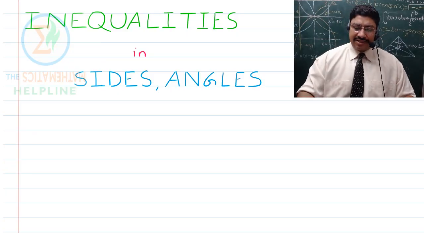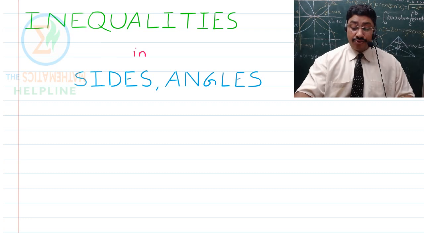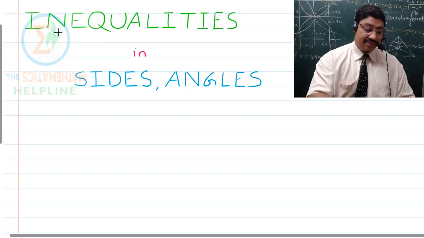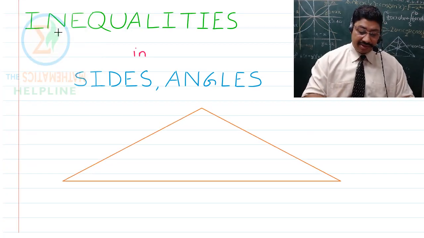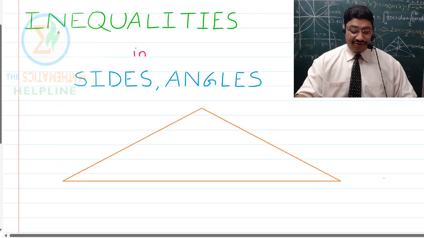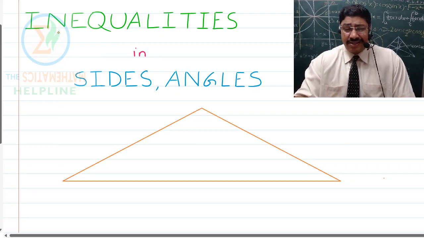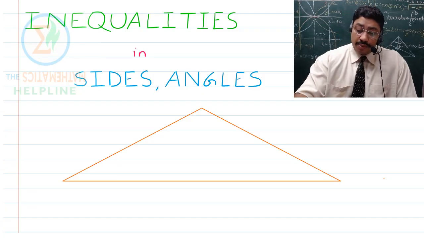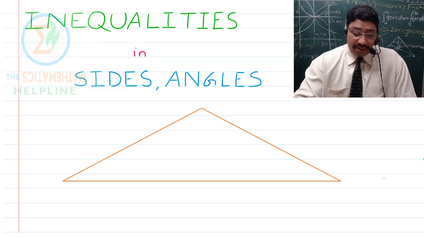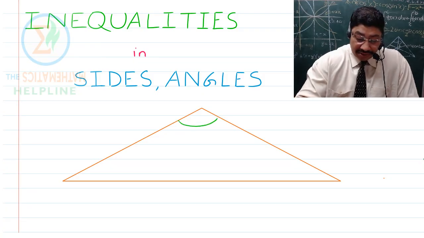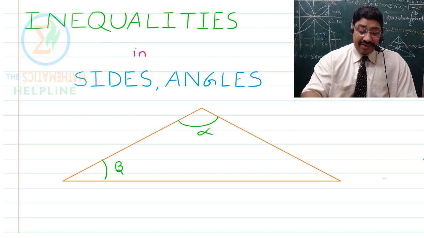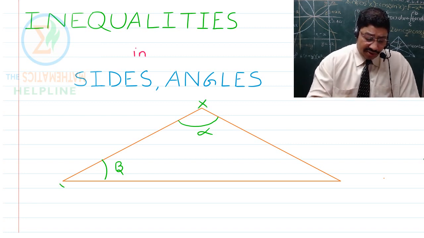Now the theorem goes like this. For this, first we will have to make one triangle, right? So let us consider that we have a triangle, say, something like this. It's a pretty large triangle, and you can easily see that there are certain sides which are greater and certain sides which are lesser. Now we will prove it by also talking about the angles. Let's call this angle alpha, and let's call this angle beta, where the different sides of the triangle are x,